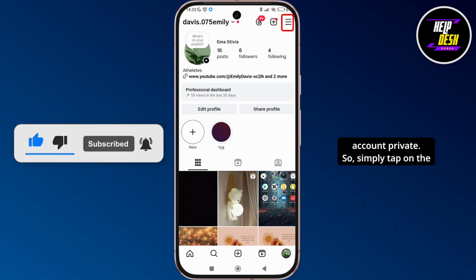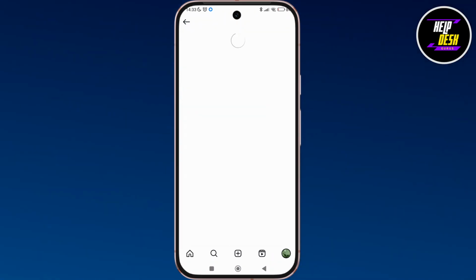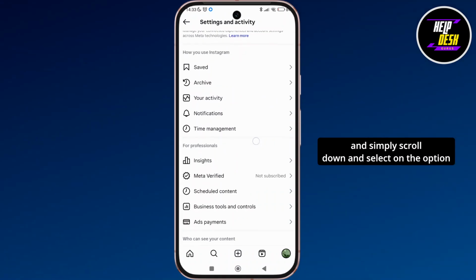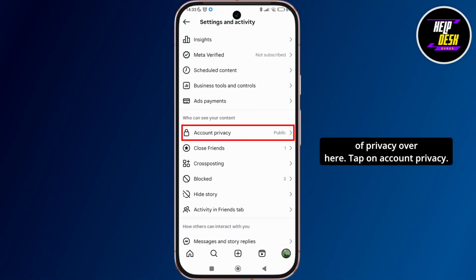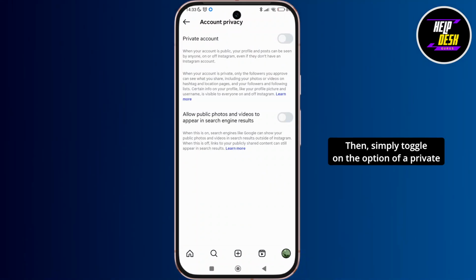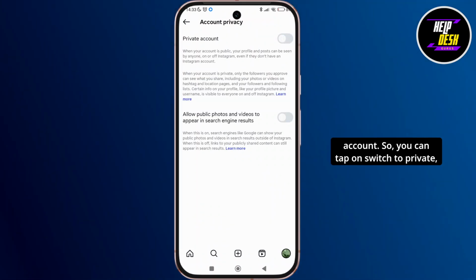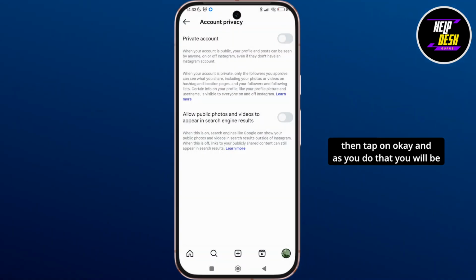So simply tap on the hamburger icon at the top right corner of the screen and simply scroll down and select the option of privacy over here. Tap on account privacy, then simply toggle on the option of a private account. So you can tap on switch to private, then tap on OK, and as you do that, you will be